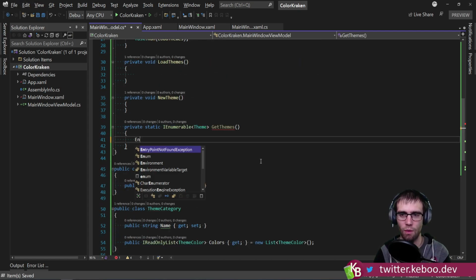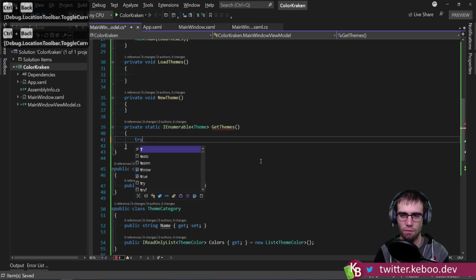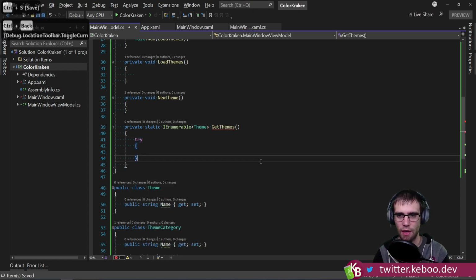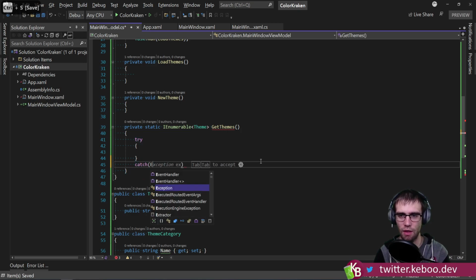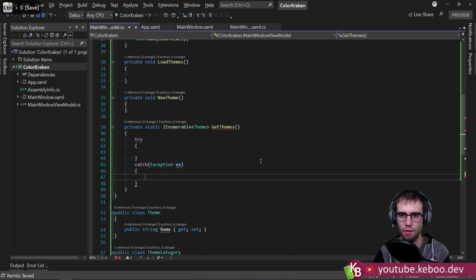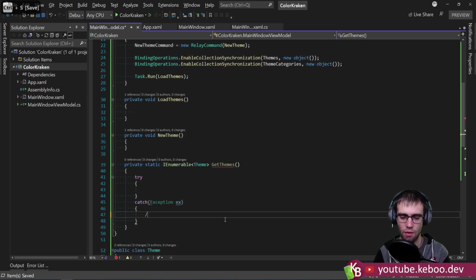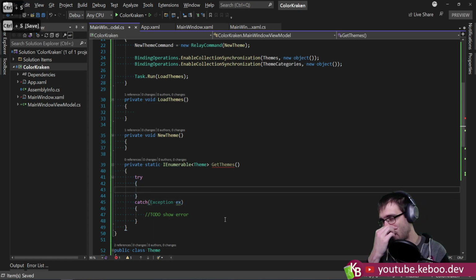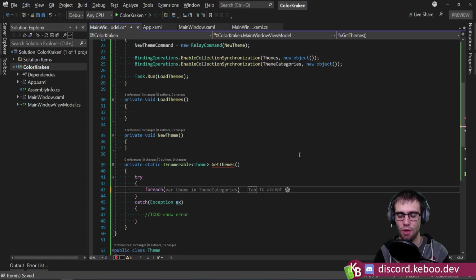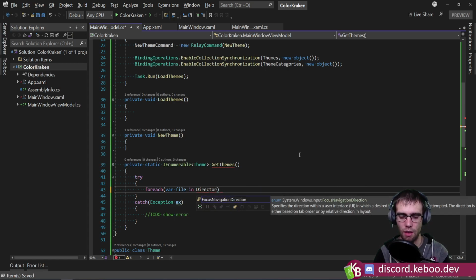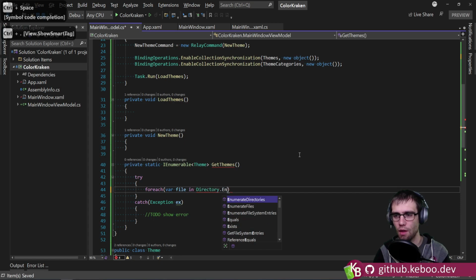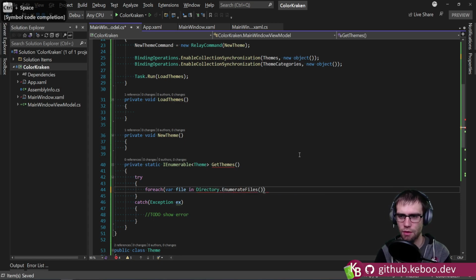So for each, actually, let's try catch because we don't necessarily do go error. We should actually show that error. We'll deal with that in a minute. So for each of our file in directory, boom, enumerate files, and